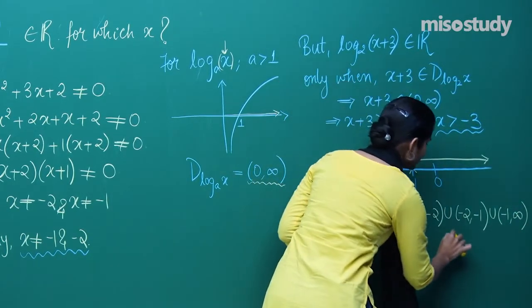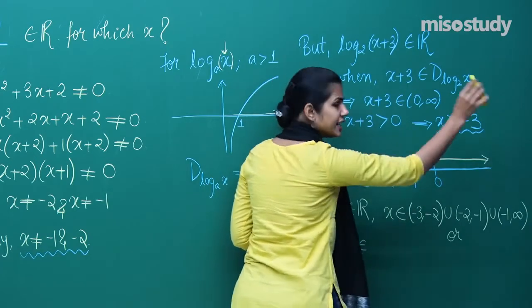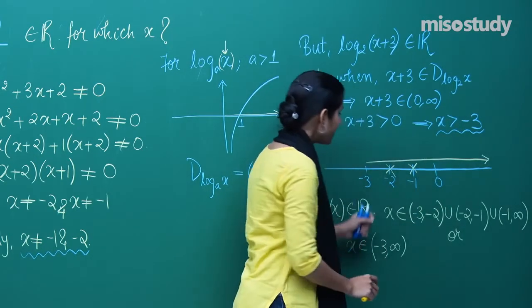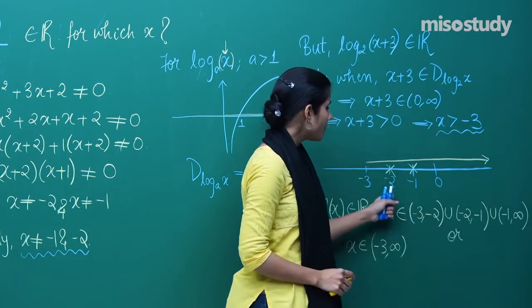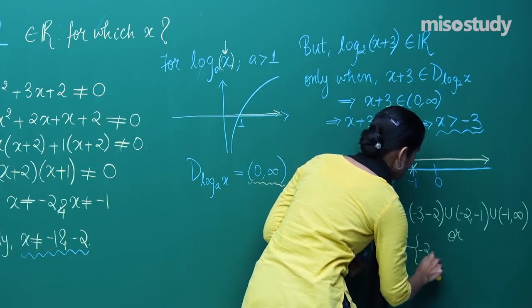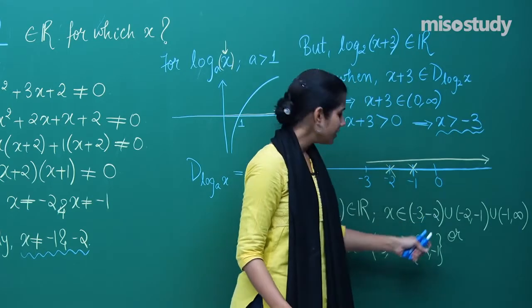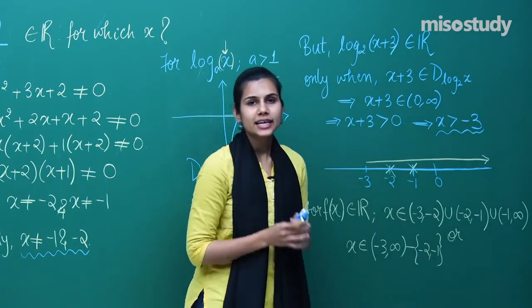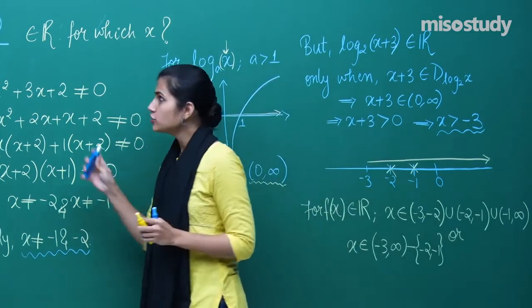Or I can write it as from minus 3 to infinity, if I consider the entire interval and remove from it minus 2 and minus 1, I can write this alternatively as this,